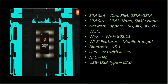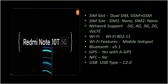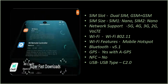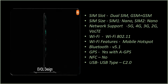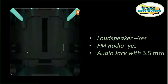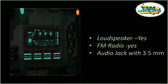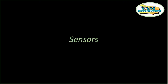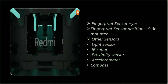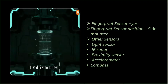About the Wi-Fi 802.11 features, mobile hotspot and Bluetooth V5.1 and GPS, yes, with eGPS, and NFC, no. We have a USB type C 2.0. For the multimedia, we have loudspeakers, yes, and FM radio is also supported, yes, and audio jack with 3.5 mm. About the sensors, fingerprint sensor we have, yes, and fingerprint sensor position is side mounted, and other